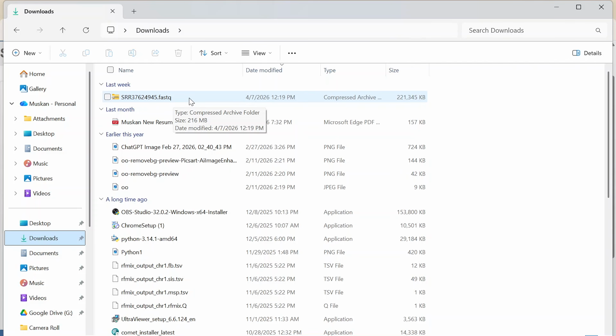Because we understand that a FASTQ file contains millions of reads, it means the file is very big. So we need to compress this file so that we have a smaller, packed version of a large file, so that we can save space and download it faster. FASTQ files are in the compressed format because they are very large.